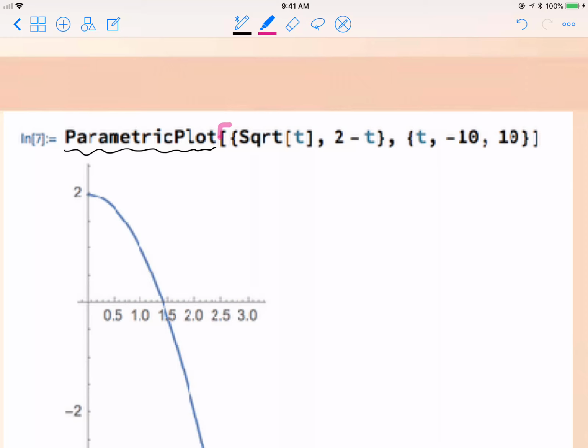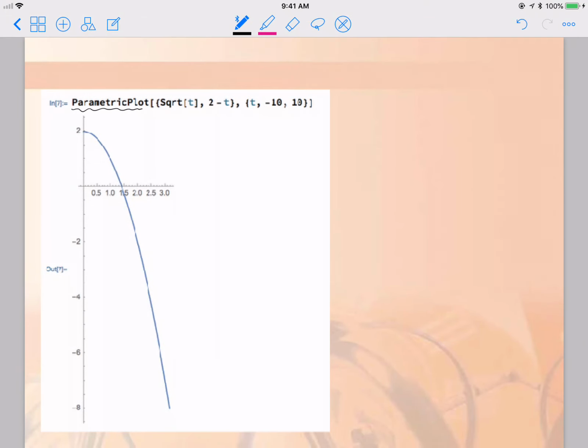So I've got my brackets here, and then on the inside, I've got my x and my y. Okay, and then I've got a comma, and then I've got my domain for my parameter. So in fact, to be a little more specific, I've got x of t, y of t, okay, and then comma, and I've got my domain for the parameter